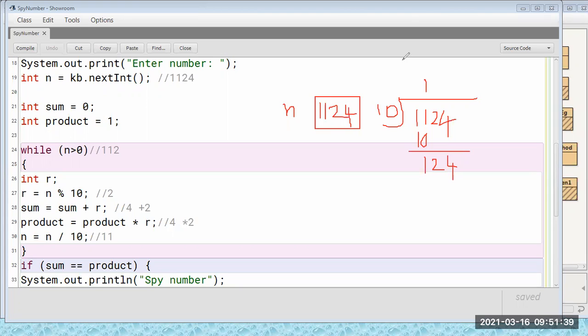Don't take 4 actually. Just erase this part. 4 is not taken initially. We'll be taking only 112. This is actually 1 only.